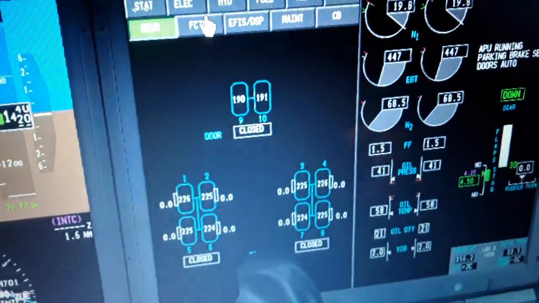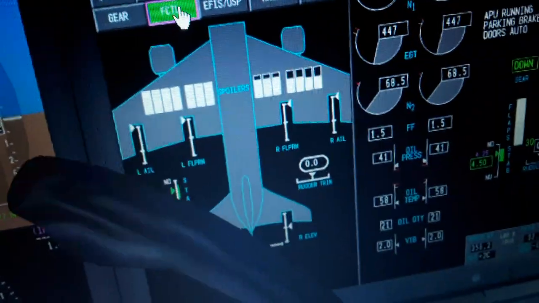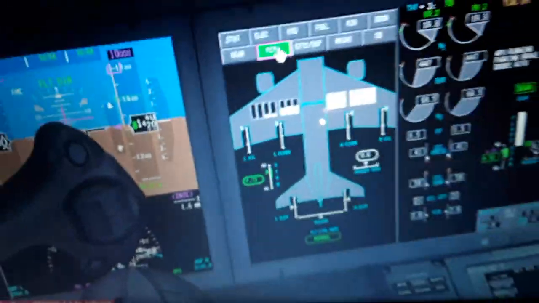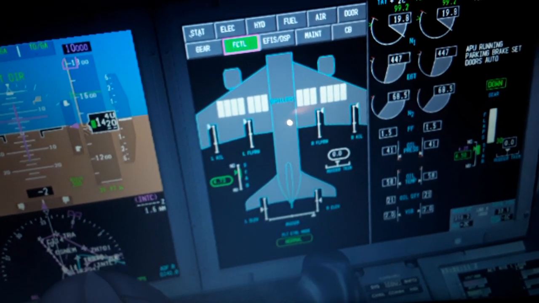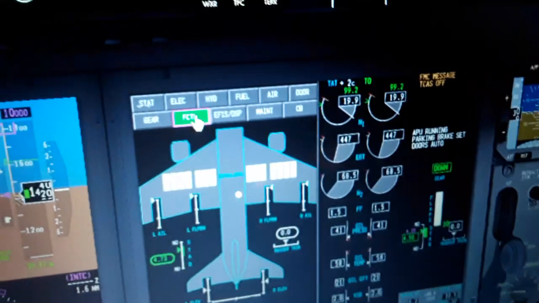Last thing to see here, the movement of the flight controls. So we can have the deflection of the left and right wing, climb, descend, the elevator, and the rudder pedals, and also the horizontal trim stabilizer. So this is the last thing before going into flight to check. Over here the flight controls are moving accordingly, as you can see. So we have full flight controls movement. Also we can see here we have